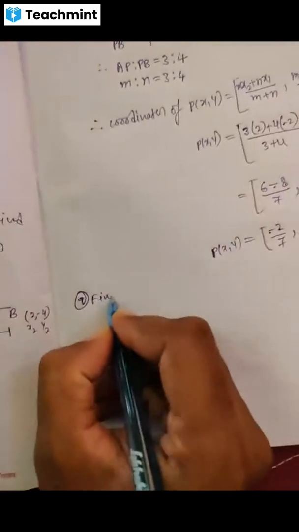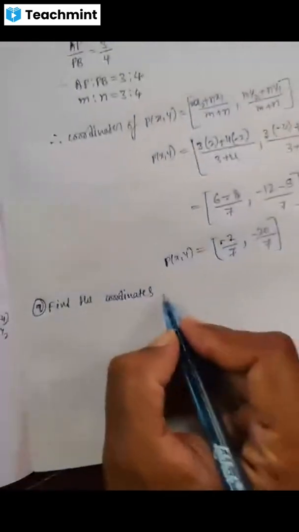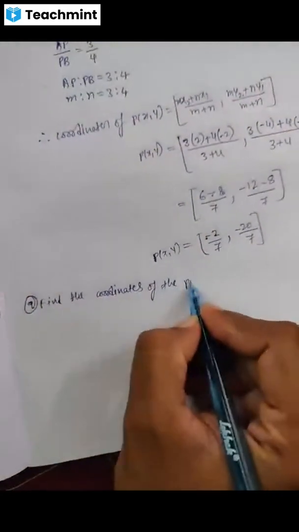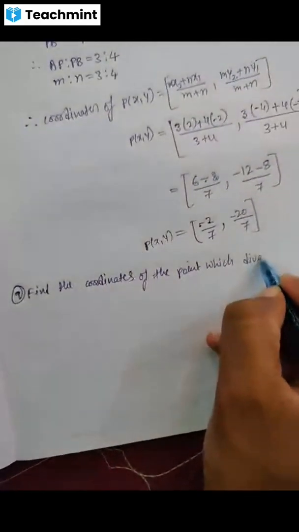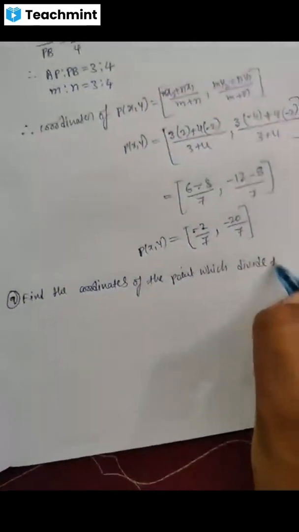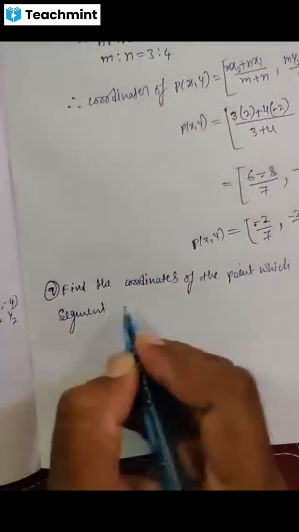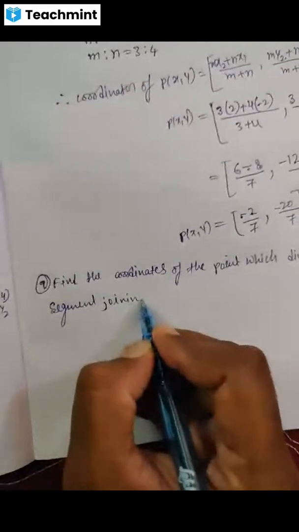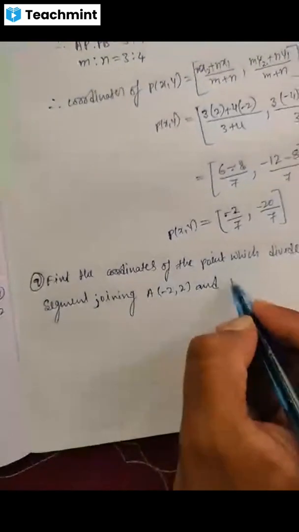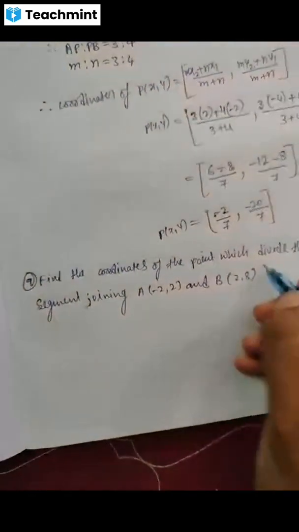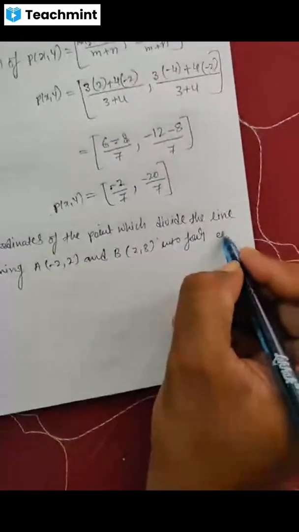Find the coordinates of the point which divide the line segment joining A minus 2 to and B 2 8 into 4 equal